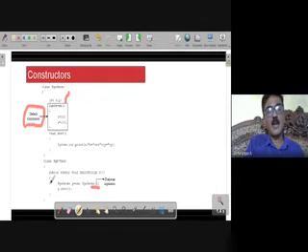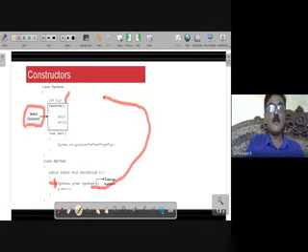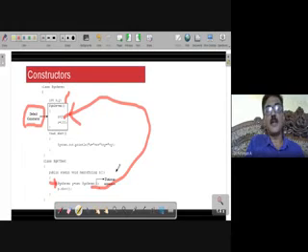Did you all understand? When an object is created like this, automatically it will invoke the constructor. Whenever an object is created, the constructor is invoked automatically. You don't have to invoke it like this show method, which is a normal method that you have to invoke explicitly.